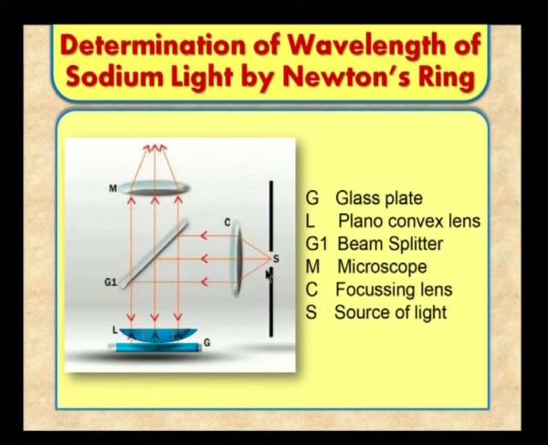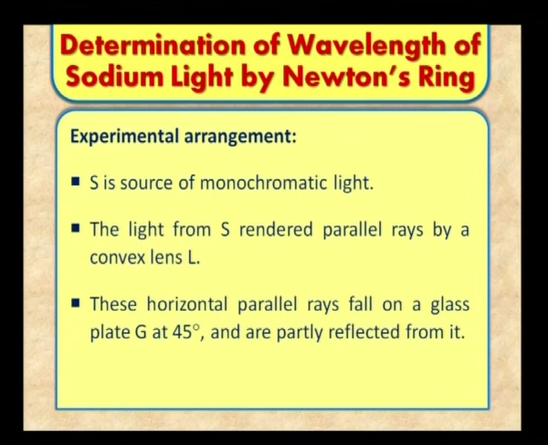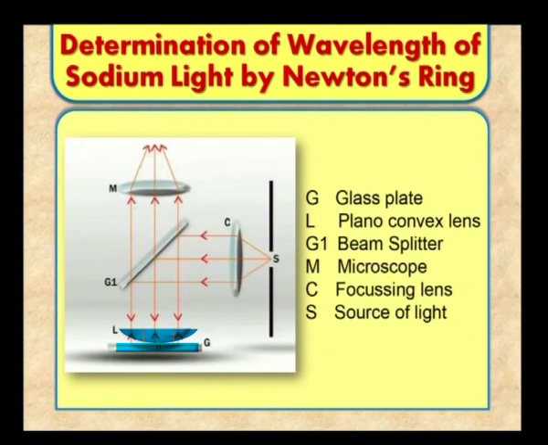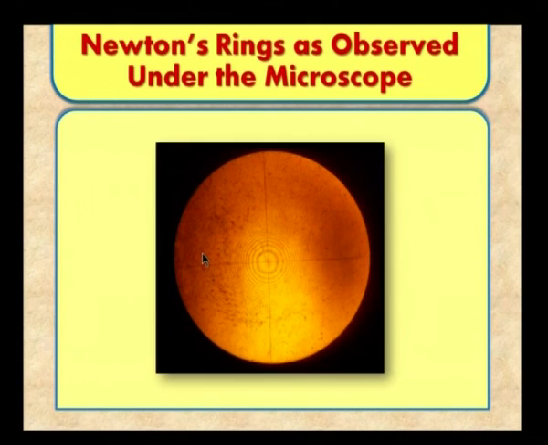S is the source of light, a monochromatic source, as I told you. This is the setup in detail: the light rays are rendered parallel and are incident on a glass plate kept at an angle of incidence of 45 degrees, and this is the glass plate. It is partly reflected, as I told you, and these are the beautiful rings